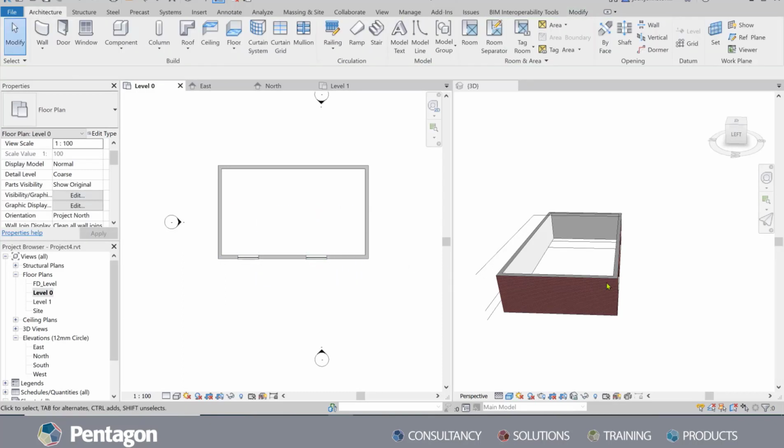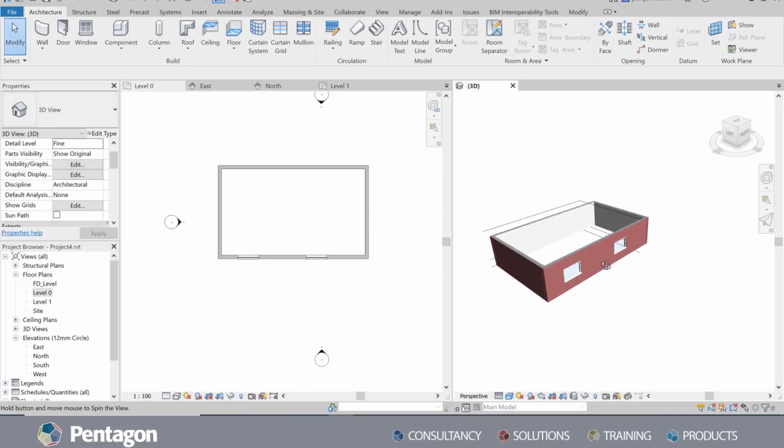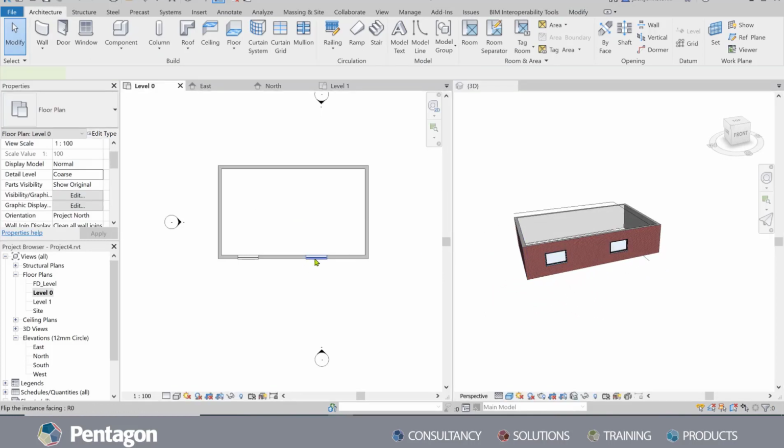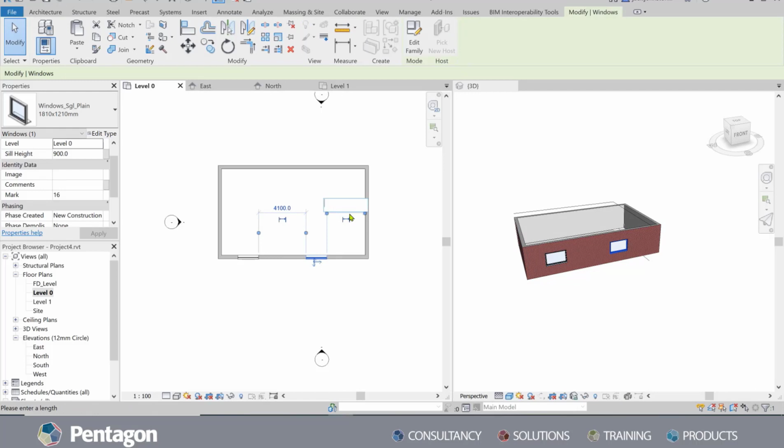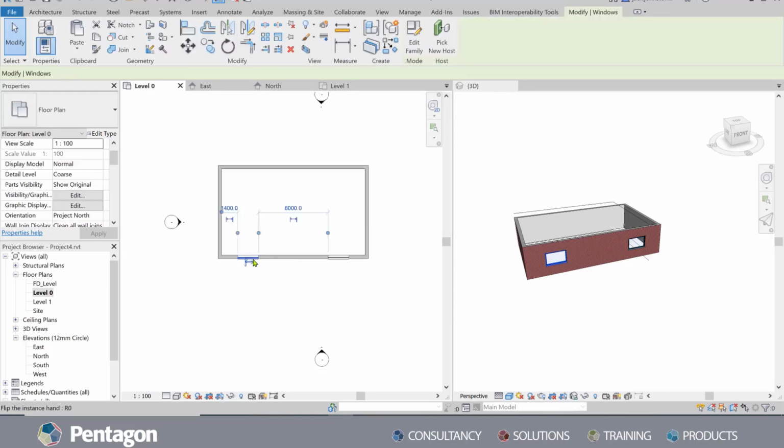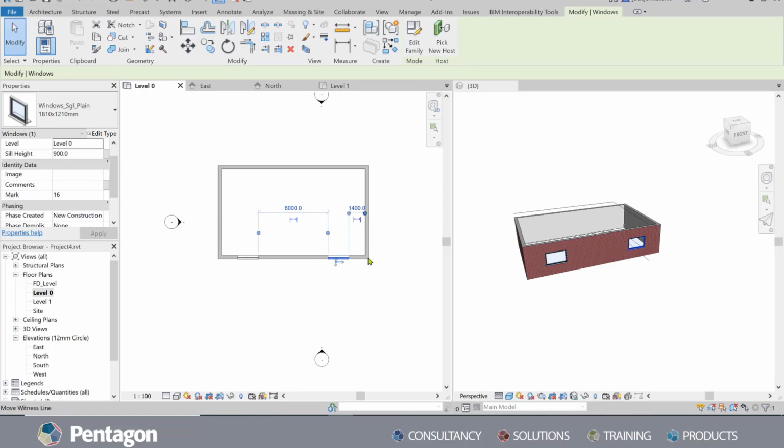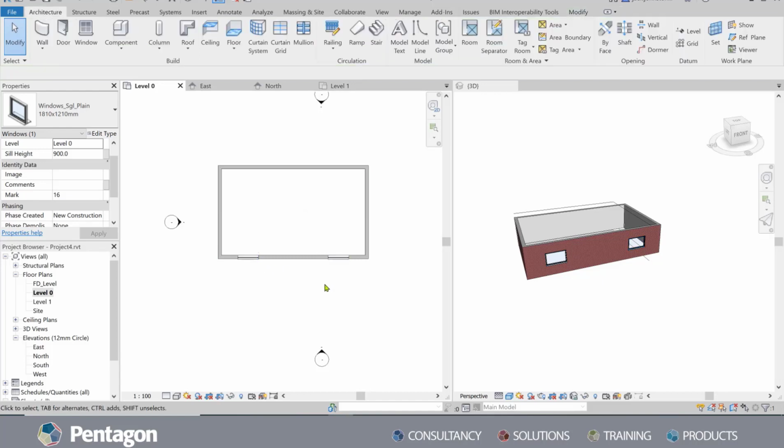So what we can do here, and I'll just show you guys in the 3D view, is if I select that window, change that to 1300, it'll move it. I think it was 1400 actually, so 1400. And it's really easy to move and adjust your windows. 1400, 1400, and again we can flip the windows depending where the cells are.